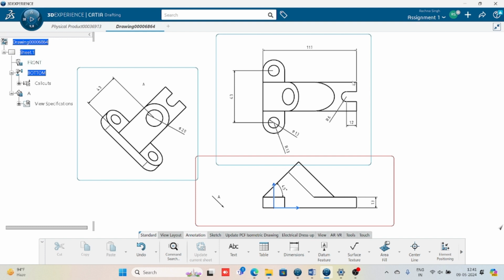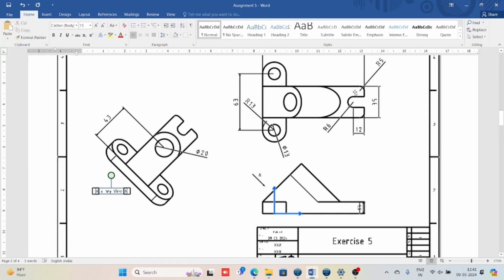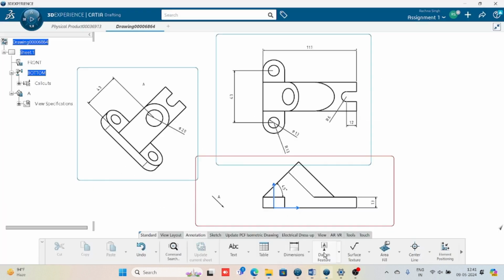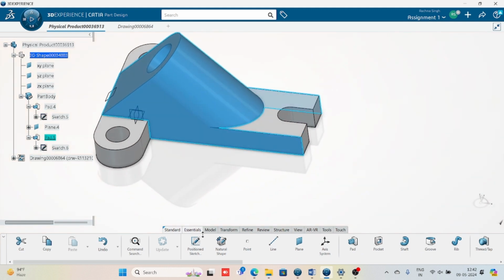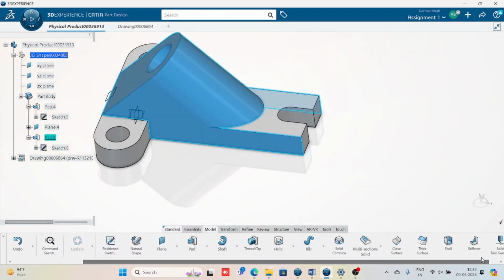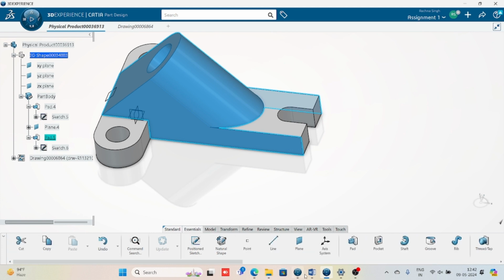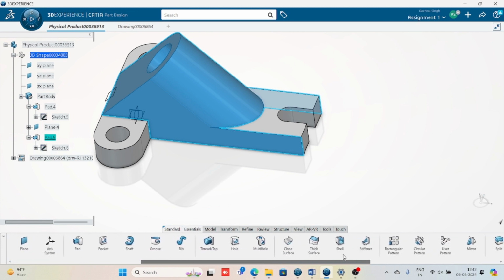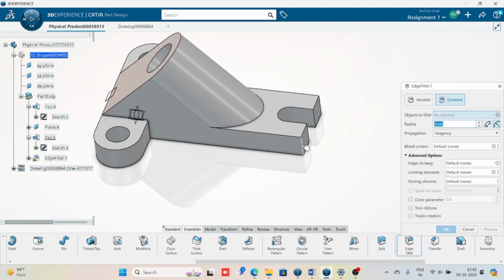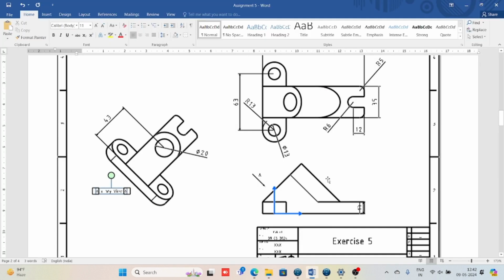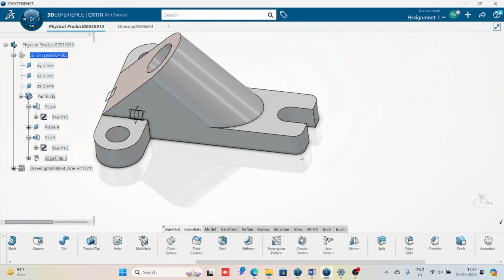Now you can see one corner, round corner is still left. So for that what we'll do, I've just created complete 3D. So I'll come to the model, and this is edge fillet. I'll select this edge and this edge and we'll give the value 5, as in the drawing also it is mentioned 5. So come back, update,